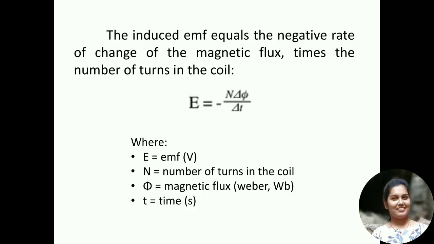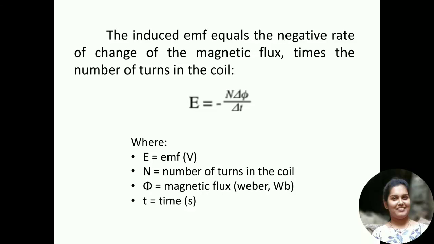That is, theoretically, if the coil is passed through a stronger magnetic field, there will be more lines of force for the coil to cut, and hence there will be more EMF induced. The other way to increase the EMF in the coil is by increasing the speed of the relative motion between the coil and the magnet. If the relative speed between the coil and the magnet is increased from its previous value, the coil will cut the lines of flux at a faster rate. So more induced EMF will be produced.